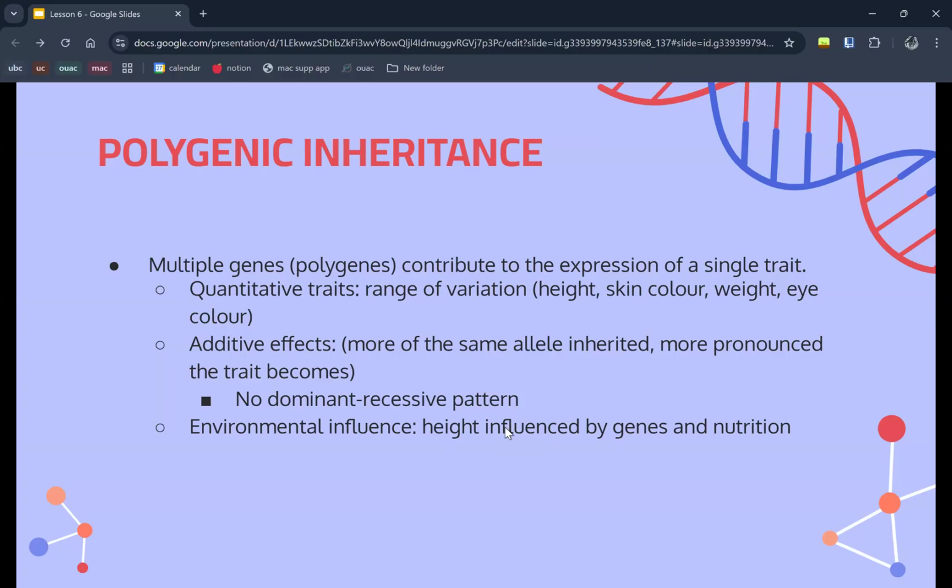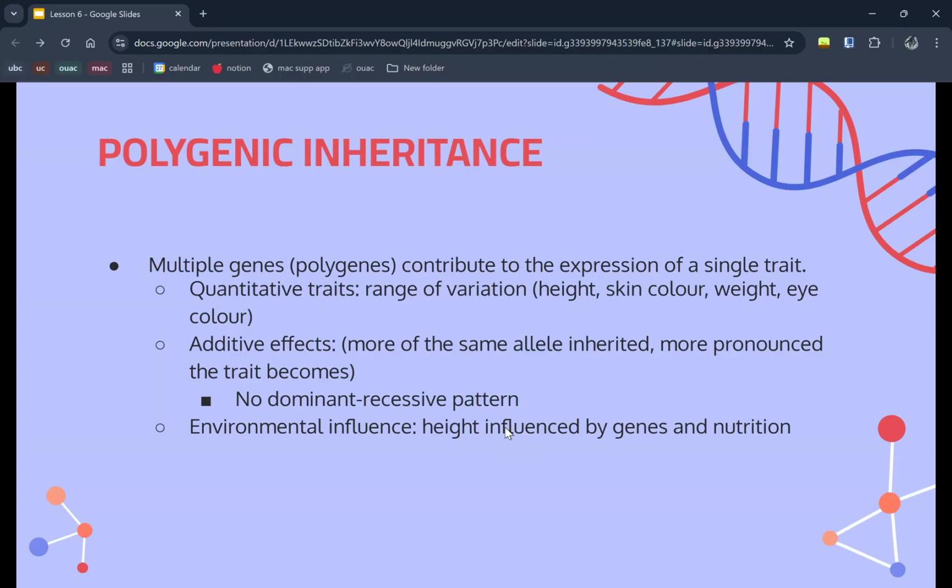trait. So, for example, I think the average height for women is around 5'5". Most women will be around there. And then the probability of being either super tall or super short decreases as you deviate from that 5'5". So looking at those additive effects, in polygenic inheritance, each gene contributes a small amount to